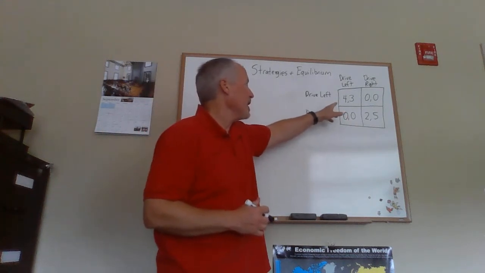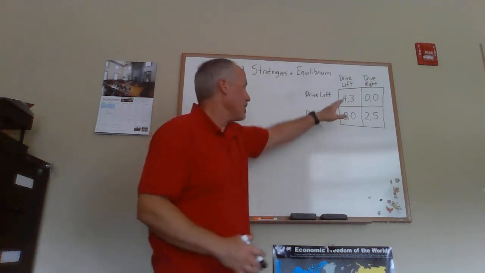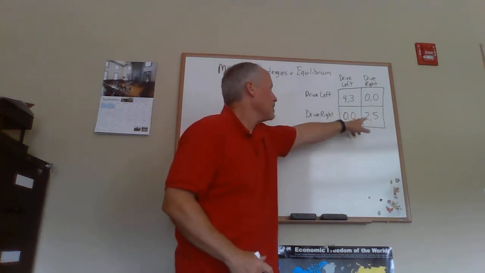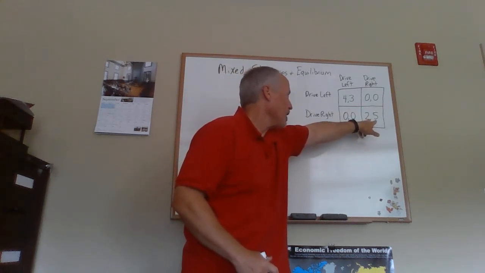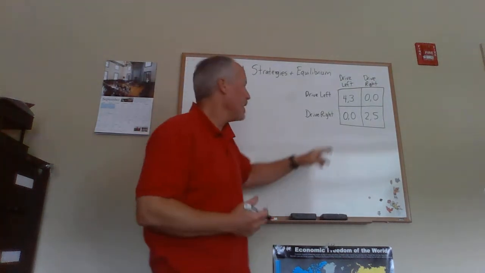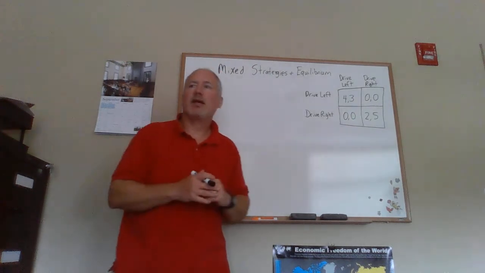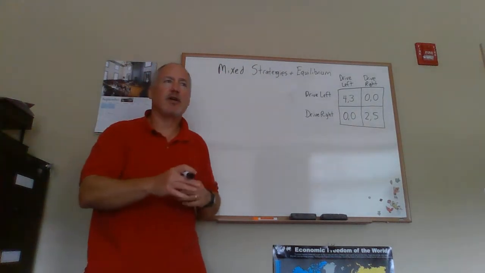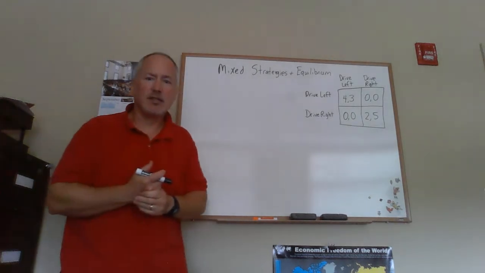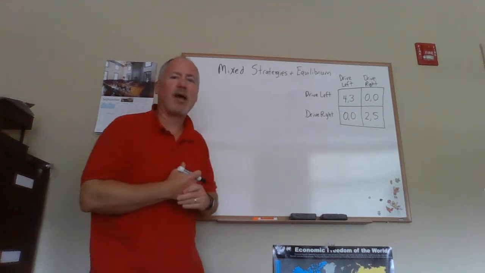The idea being that if both people drive on the left side of the road, they're coordinated, so they each get positive payoffs. Whereas if they both drive on the right hand side of the road, they'll get positive payoffs, and things will go smoothly. But if they're not coordinated, if one's driving on the left and the other is driving on the right, then they'll get a lower payoff that I've set to 0 here. Actually, setting it to 0 makes it nice for some of the math that's going to happen. So